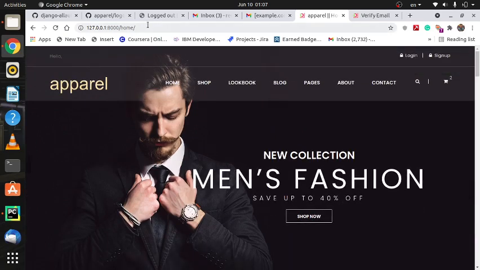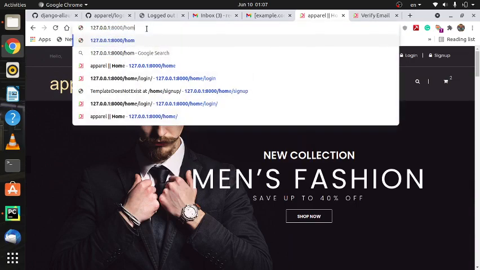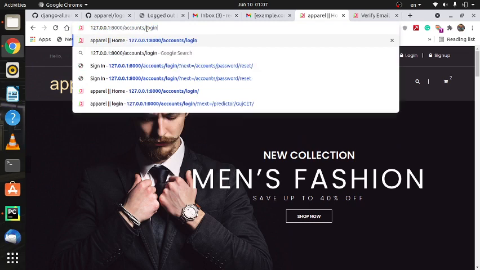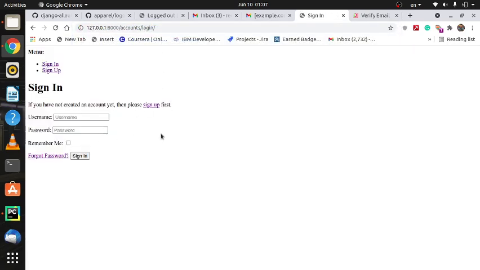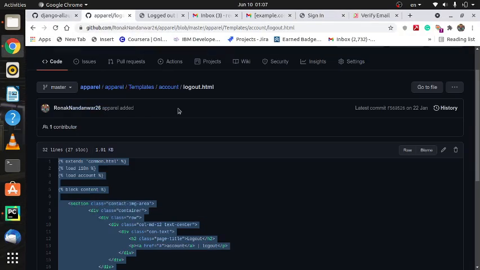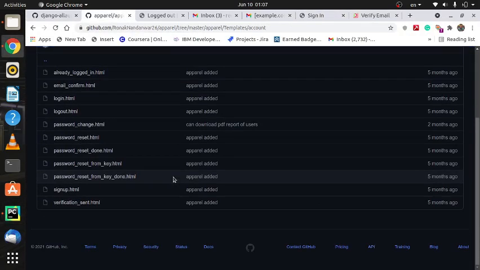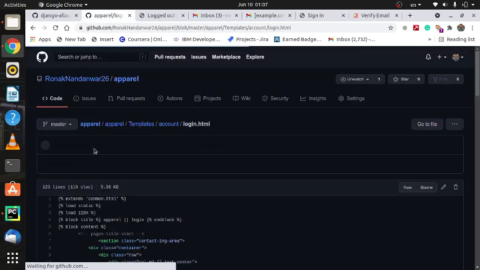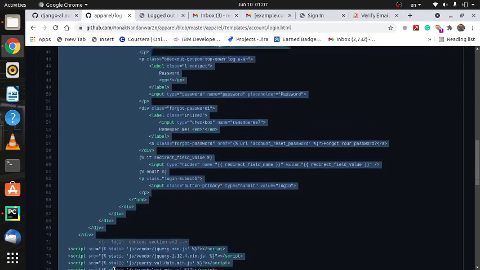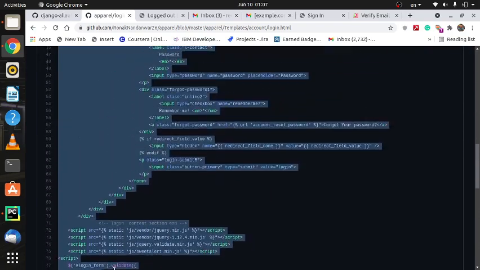Now what I need to do is log in again. So I will go to accounts/login, and here I need to again override the template. Again go inside the repository, instead of logout use login.html, and just copy and paste till here.